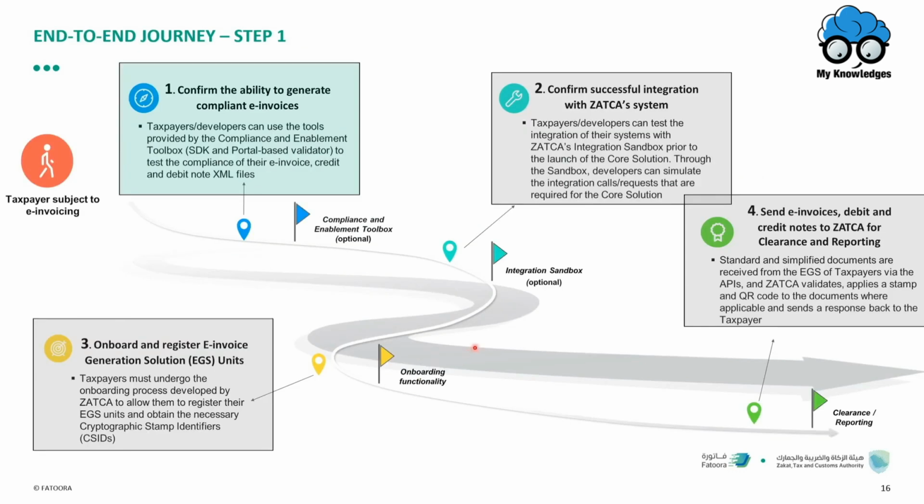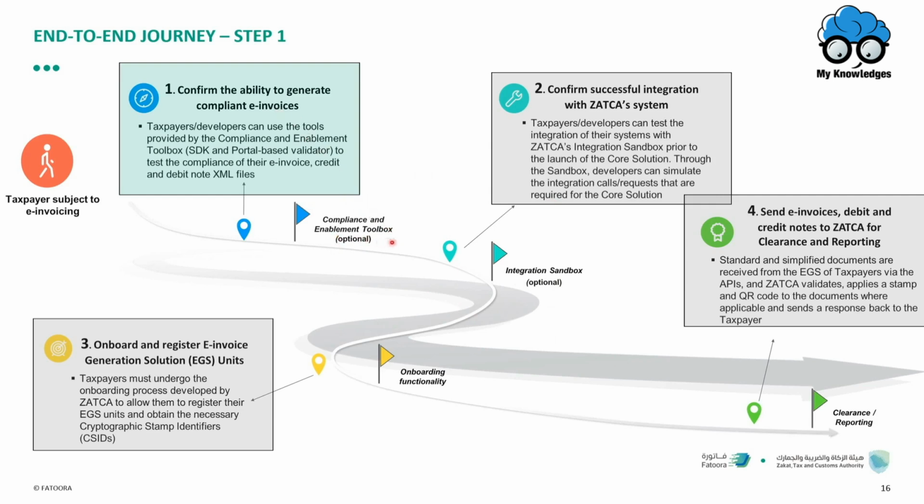Now, this is how we envision the journey of our taxpayers or their service providers to be able to be compliant with phase 2 of e-invoicing. We have 4 steps in general. The first 2 are marked as optional. However, they are highly recommended to be done before you start integrating. The first one is the